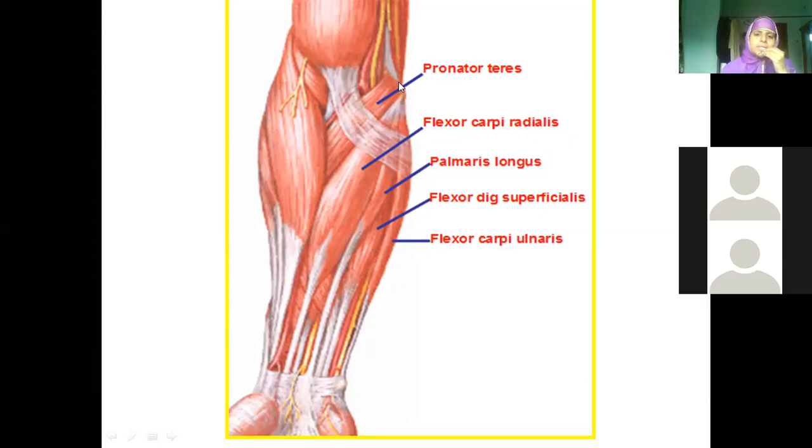Now let us see what are the various muscles we find in the flexor compartment. First muscle we have is pronator teres. Then we have flexor carpi radialis. Then palmaris longus. Then flexor digitorum superficialis. Then flexor carpi ulnaris. These are found in the superficial compartment. That means as soon as you reflect the skin, these are the muscles we find. Once you retract these muscles to one side, we also have underlying muscles deep to flexor digitorum superficialis: flexor digitorum profundus, flexor pollicis longus and pronator quadratus. We will see very good pictures.